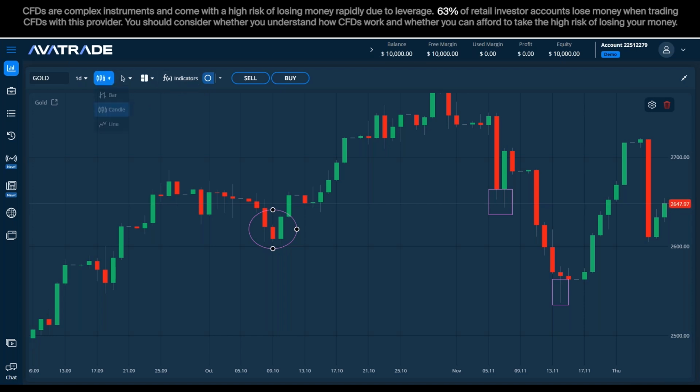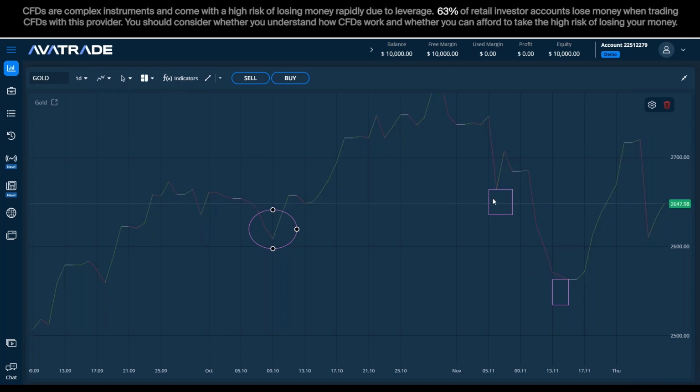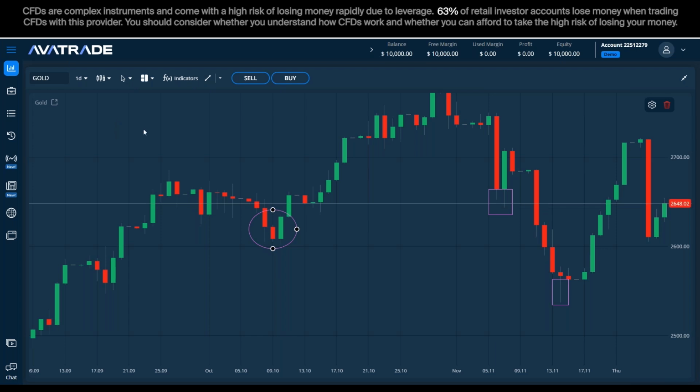And if I change it to the line, we don't have those levels presented. Okay, we don't have those levels, and those levels can give excellent analysis ideas. All right, so moving on with the candlesticks, moving on to the crosshair.